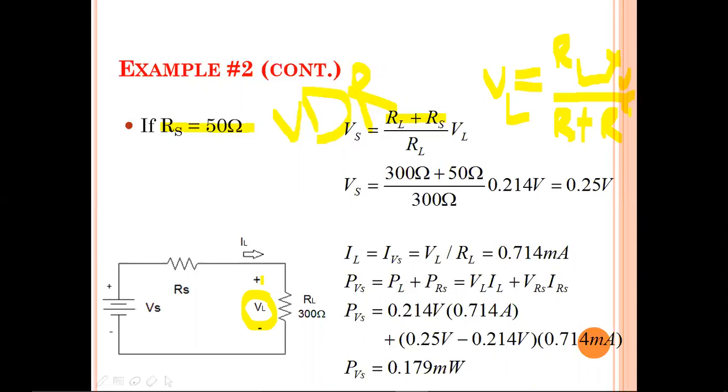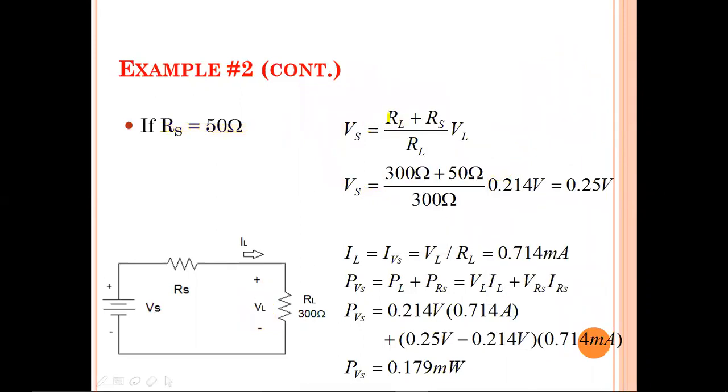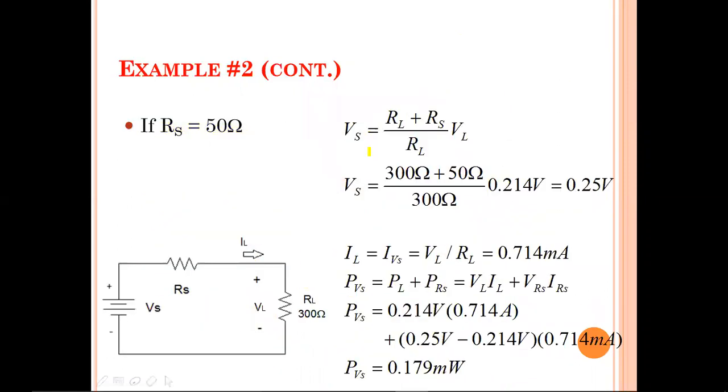But here I know the values of VL, RL, and RS plus RL, but I don't know the value of VS. So I send this denominator to the VL side, then RL will become a denominator, and the equation will be like this. Hope it is clear. Here this is RL plus RS. Then after substituting 300 ohms and 50 ohms, with 300 ohms and 0.214, already you know the voltage is a fixed value, which you found in the initial stage of the problem itself. So this is 50 ohms and, sorry, this 0.214 voltage value.